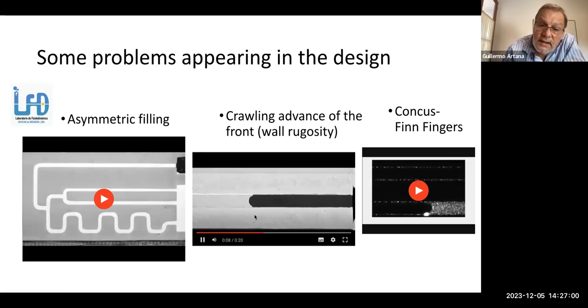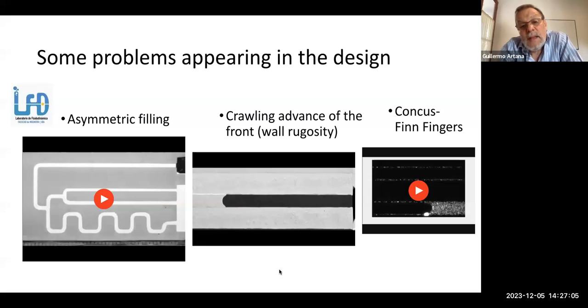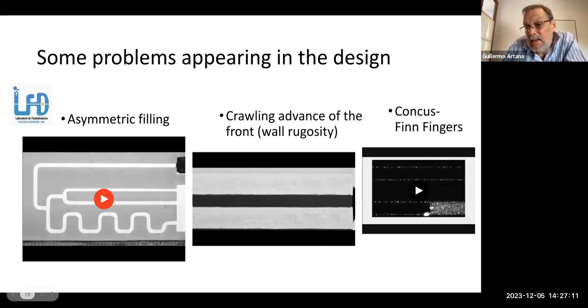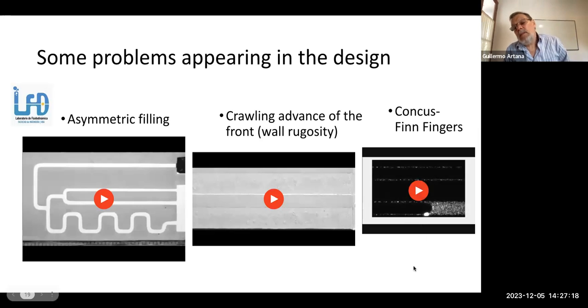If you have a look here, you see the advance of the fluid, the filling of the capillary. Another aspect of interest is that this front here is filling, and you will see that in some cases, depending on the aspect ratio, you may have some fingers that go along the laterals of the corners of the channel, and this is called Concus-Finn